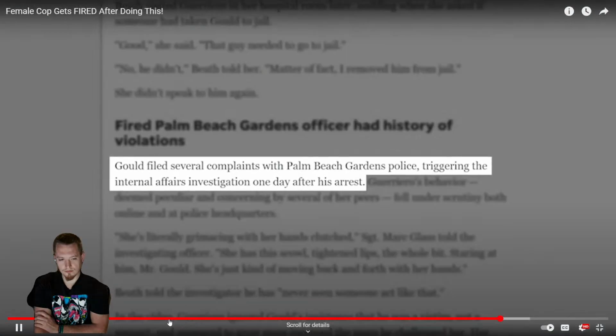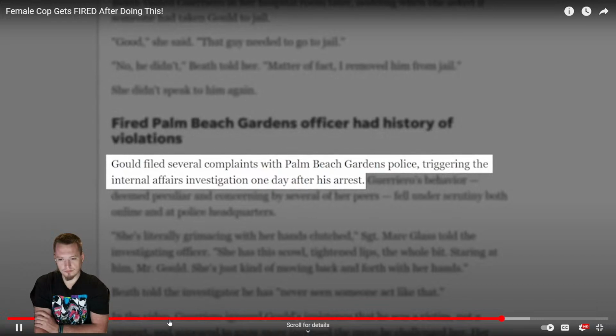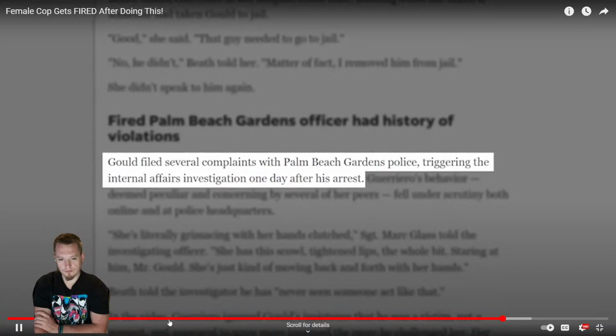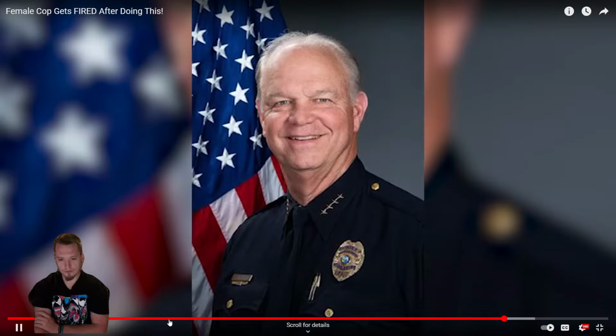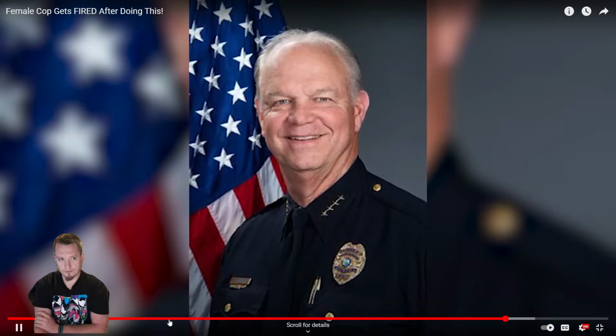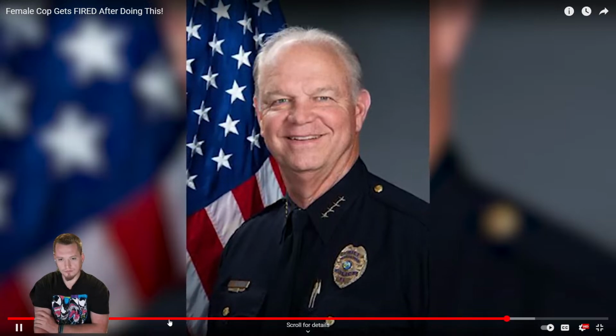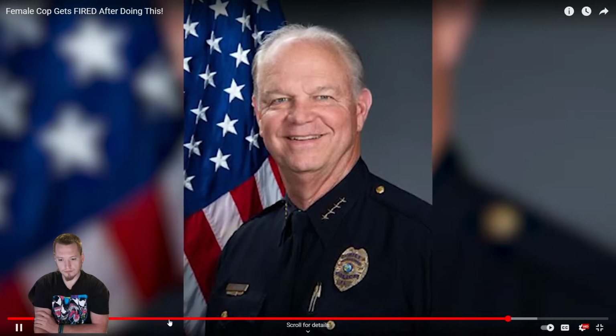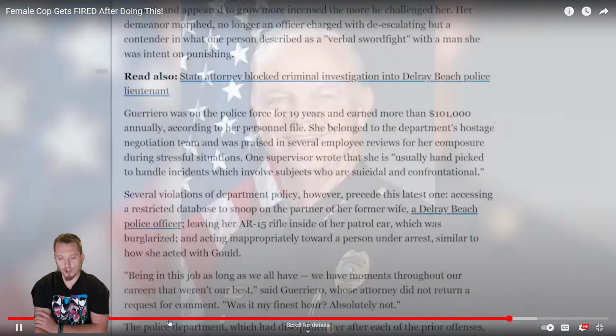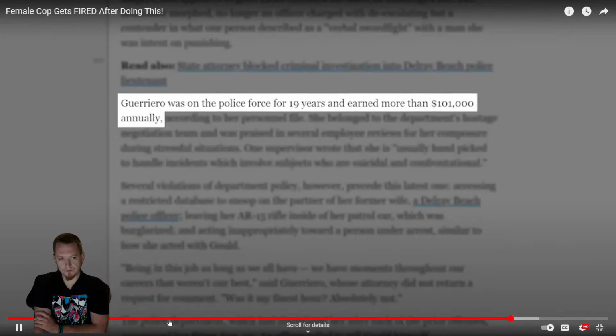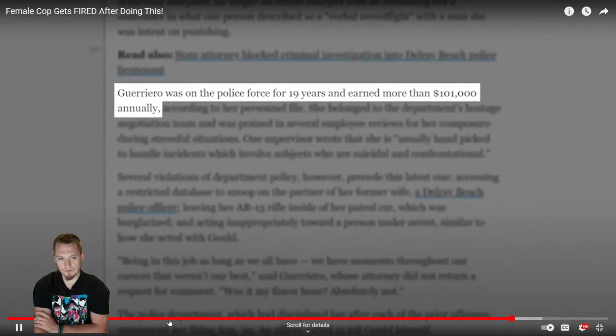Immediately following the encounter, Mr. Gold filed several complaints with the Palm Beach Gardens PD, triggering an internal affairs investigation 1 day after his arrest. On August 25, 2023, Chief Clint Shannon announced that Officer Guerriero was fired after the investigation determined that she violated several department policies in her conduct toward Mr. Gold. According to Officer Guerriero's personnel file, she had been with the department for over 19 years and made